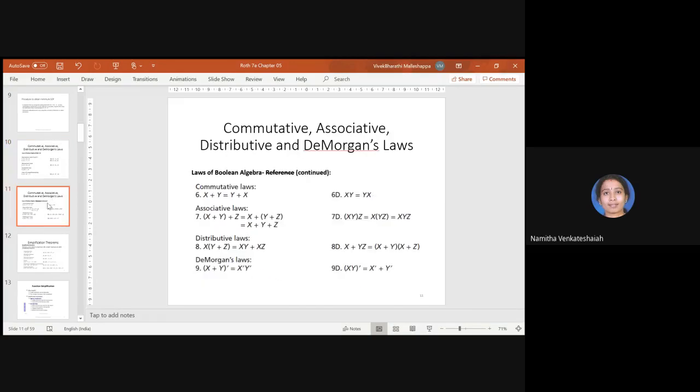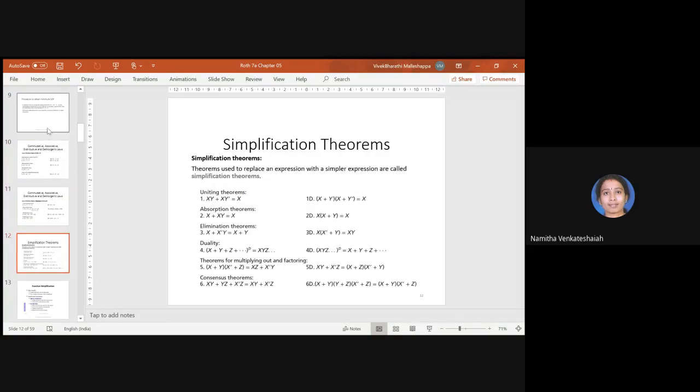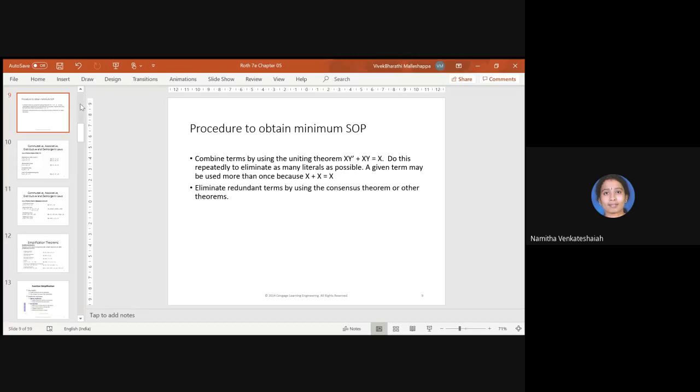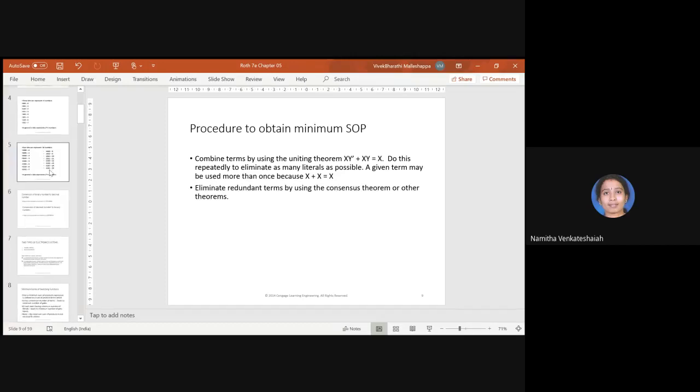So, what we were discussing in the last class, can somebody tell me? Now we know what is minterm, what is maxterm, and given an equation, how you can represent it as sigma, summation of minterms. What do we call it? Sum of products or product of sums. This much we know.